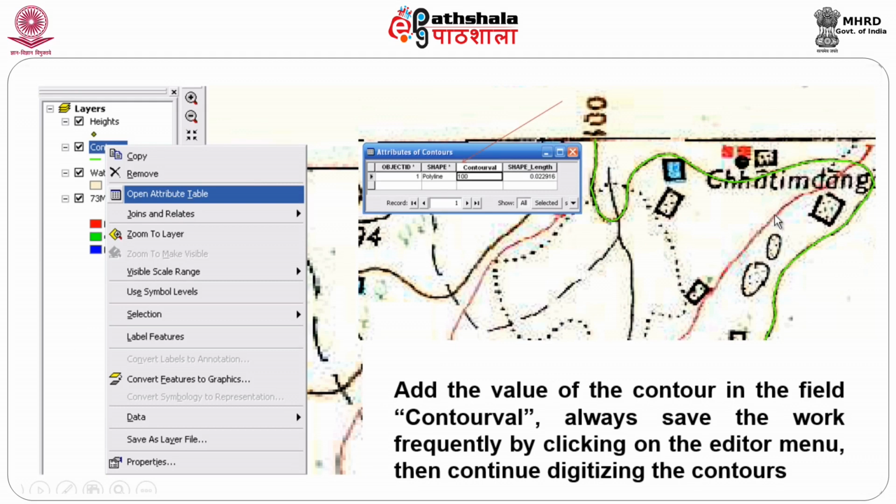For example, I have digitized a contour line, this is the contour line, the green color. You see here how it is going on. Okay. Once this contour line is completed, I will be giving the value 100. This is what is data updation. There is no point in just doing the digitization, you will also have to give the values for that. So, that is your 100.